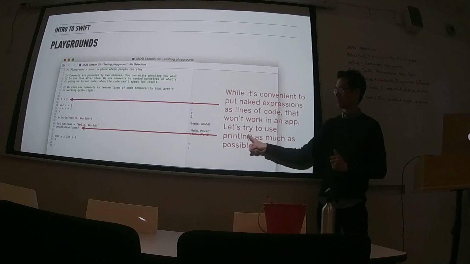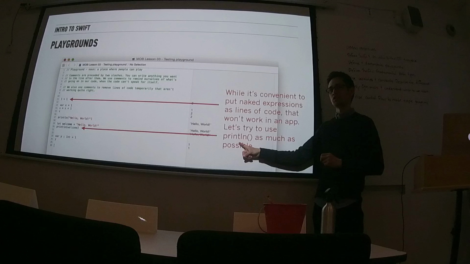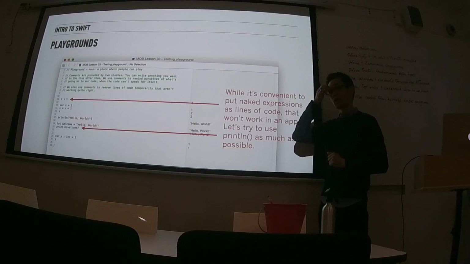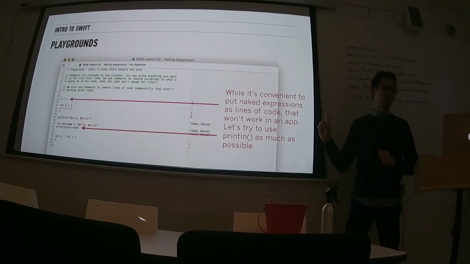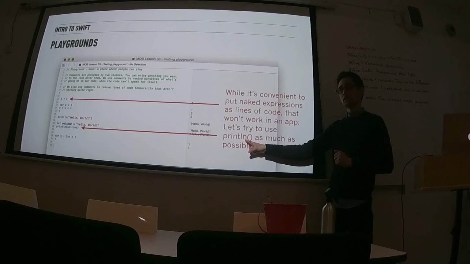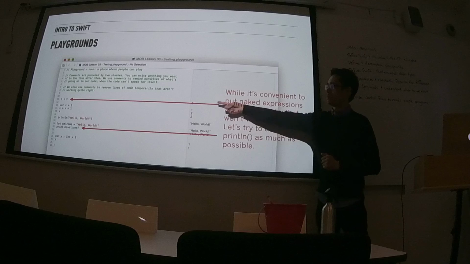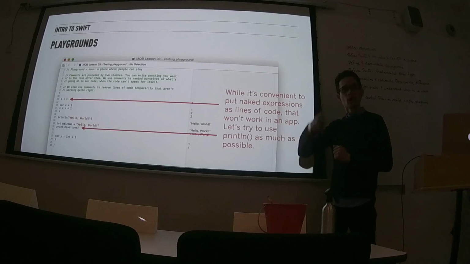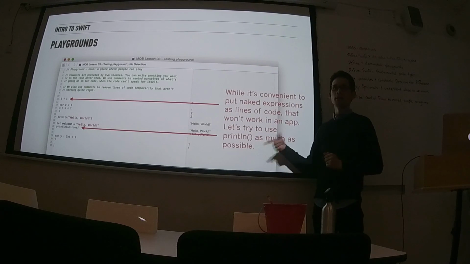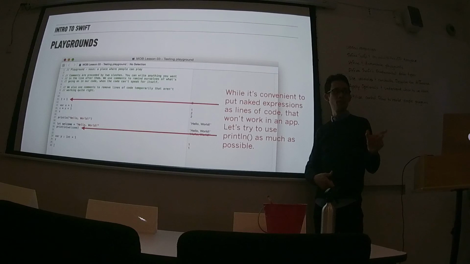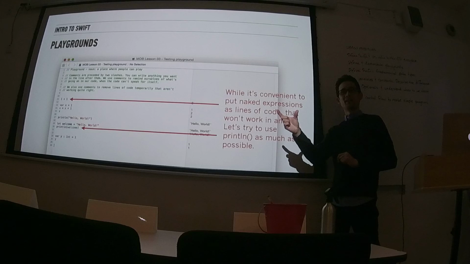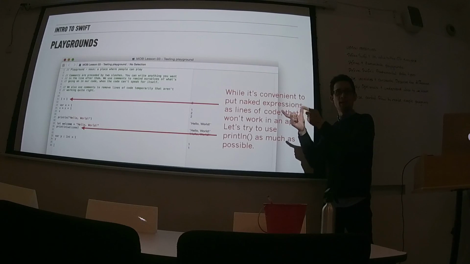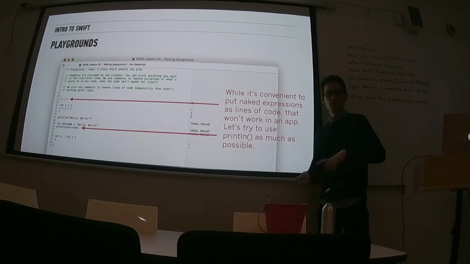I'm going to explain the syntax around this function, because you're going to see it in these playgrounds. The reason this is important is because this is the function that you're going to use later on in apps to write these results in a running app. You're going to write println, and it'll show up in Xcode in the debug console down below. So you'll be able to create a button, tap on the button, and it'll start printing stuff, it'll start outputting